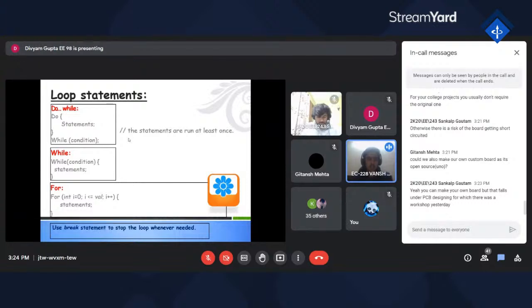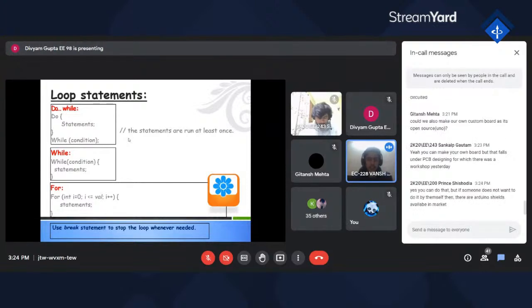Let's start with the for loop, you'll understand it better. What the for loop tells us is that first you initialize your variable. We said we have to take a variable which will be an int, and we named that variable i, and we have defined a certain condition, right?